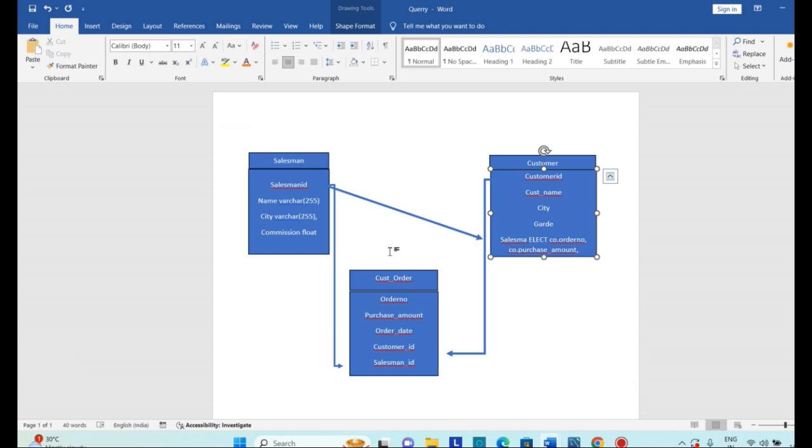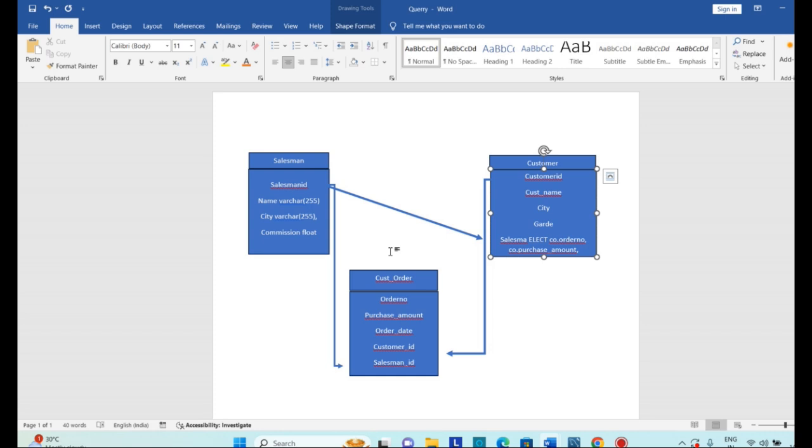When a salesman makes sales, on the basis of the amount and according to the rate, he will get some sales commission. We will calculate this commission using our query. Here we have to display the name of the salesman, the salesman ID and the total commission received by each and every salesman.